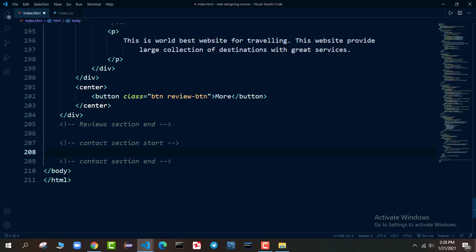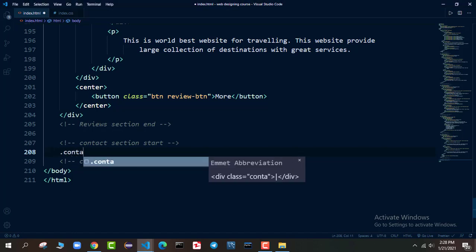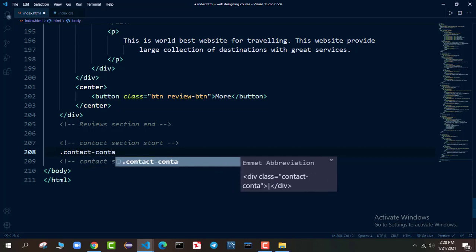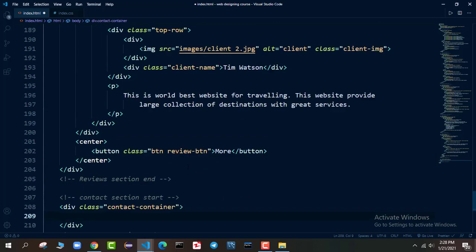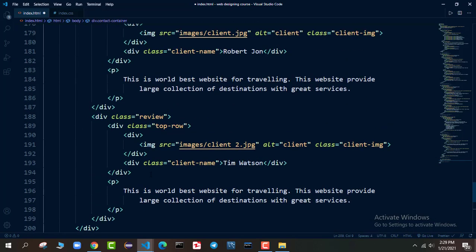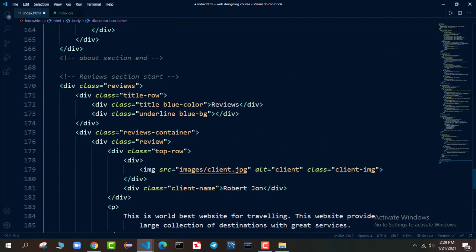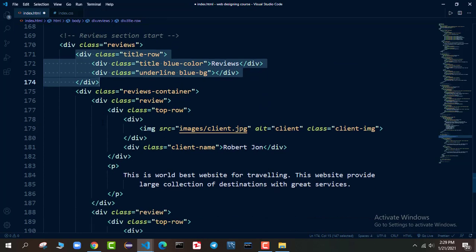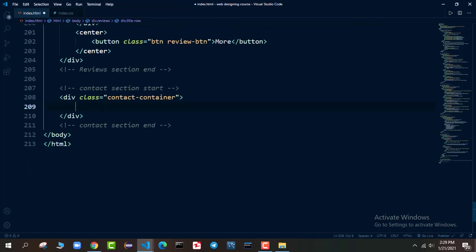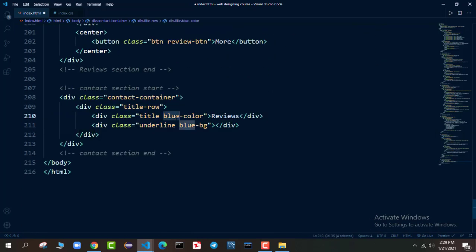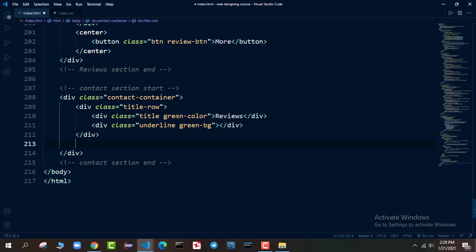Now in the contact section, I will say dot contact container. In the contact container, we will have the title row. So I will go at the top, I will copy the title row, I will paste the row here. It will have green color and green BG as the underline.